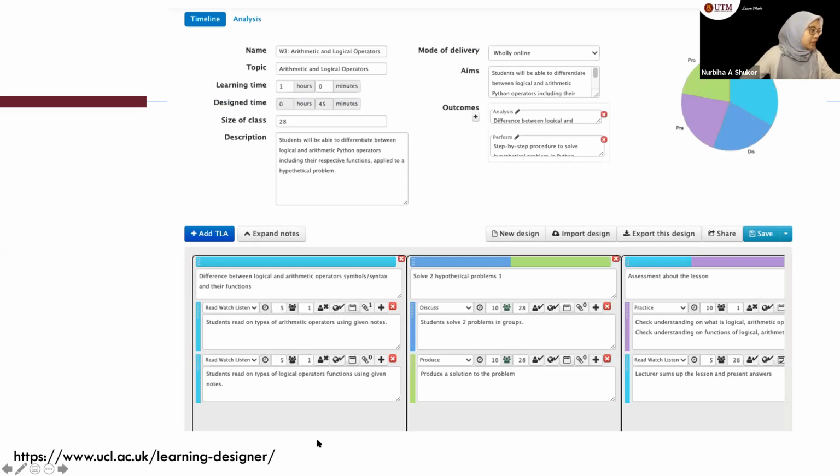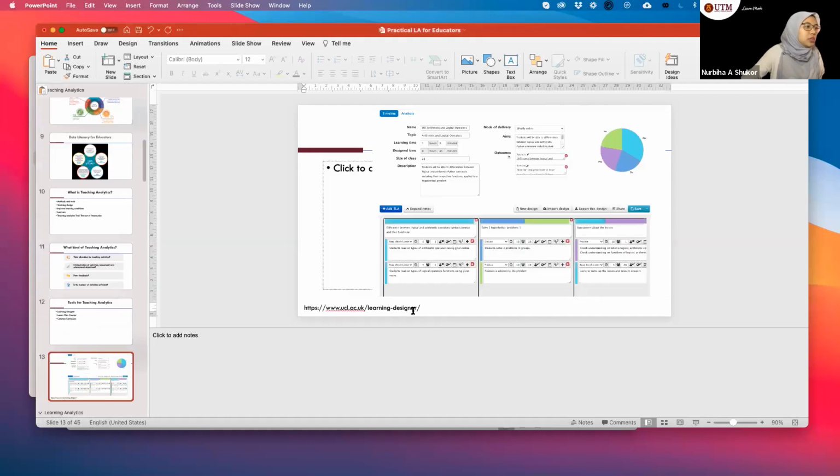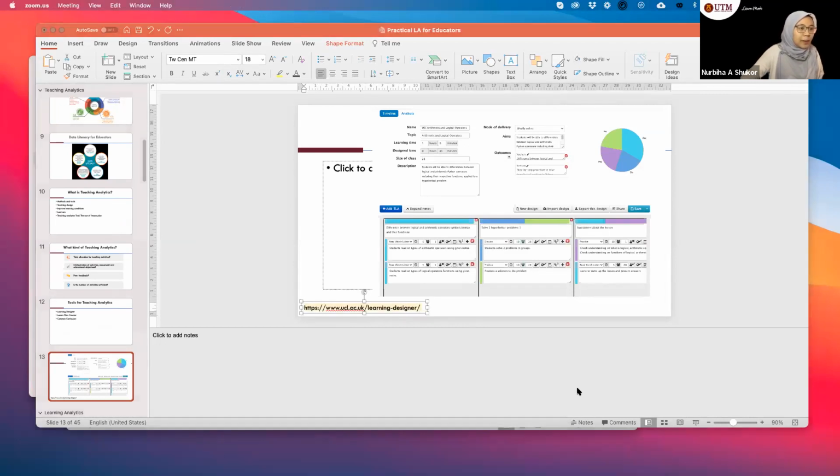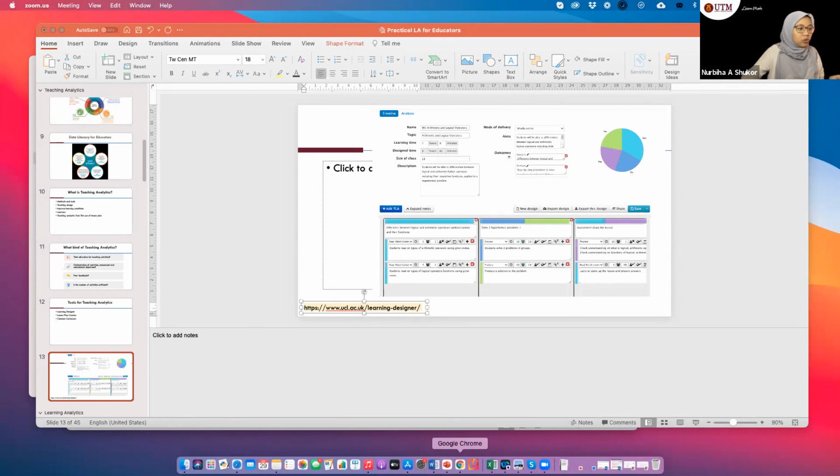Okay, saya buka saya punya ni sekejap. Okay, this is the link. Saya nak share dekat chat box. So this is the link. It's a free software. It's an open source punya application. Okay. When you go,